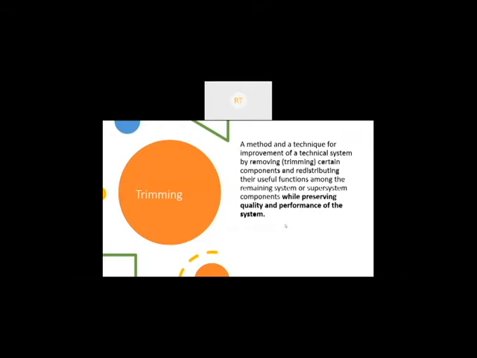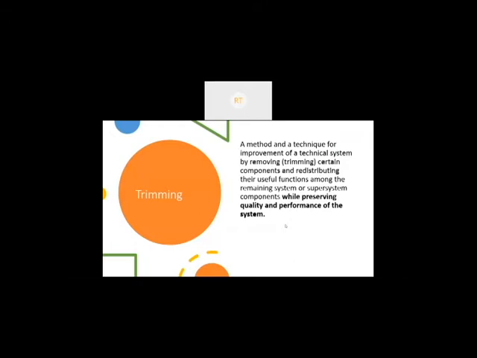However, what needs to be removed is what is called the flab, or something which is not really contributing towards achieving the end goal of the system. Now, how do we identify what are the things that are not contributing towards achieving the end goal of the system? Then we go back to the function model once again and understand what the basic function was that was being delivered by the system.